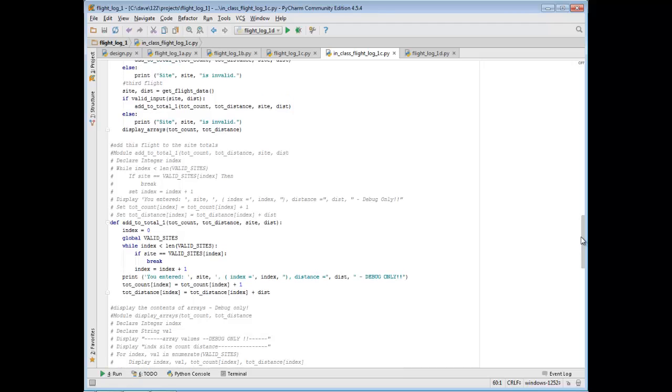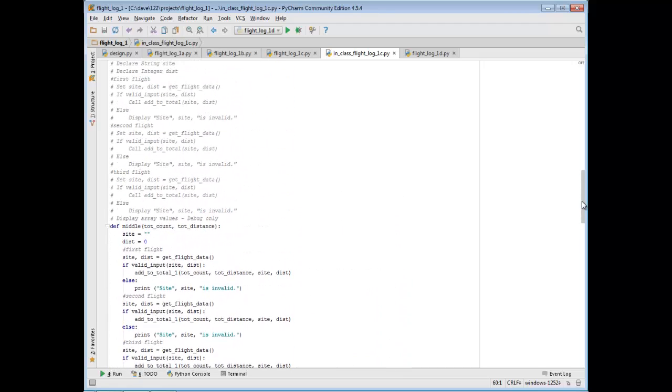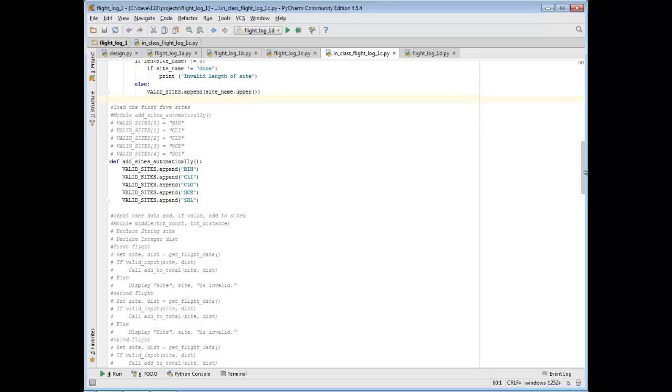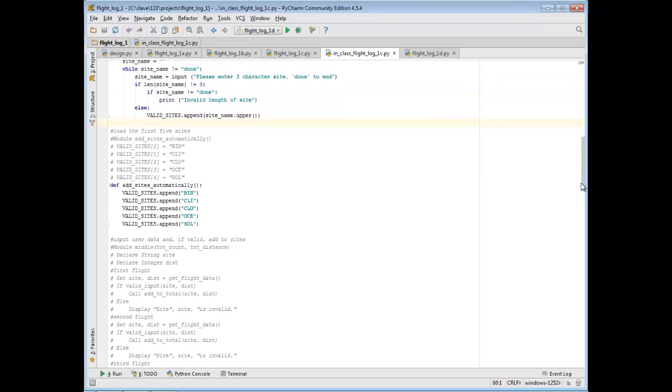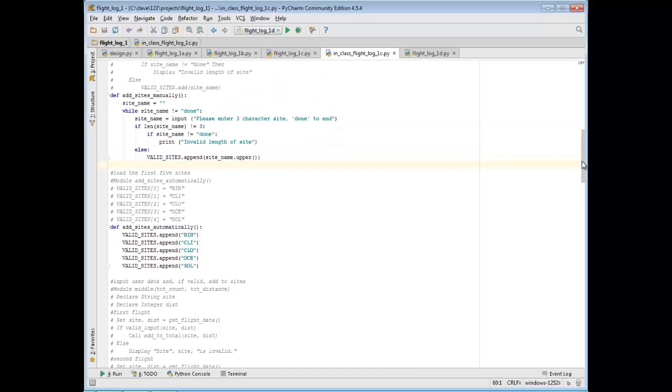Let's take a look at how we might do that. Well, we could look at the one that we just talked about right up here. Add manually. This thing keeps adding them as long as we don't say that we're done. That's how this works. So add sites manually starts adding them, and as long as we don't type DONE,